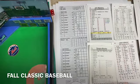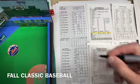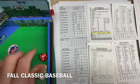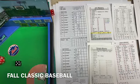Dwayne Murphy leading it off. He reached on an error. There may be another error here. This one's a check. It's a potential shortstop error. And Griffin at shortstop. Oh, that's going to be an E. I don't even have to look. That is going to be an...